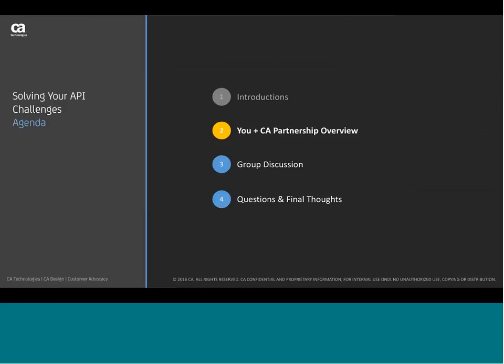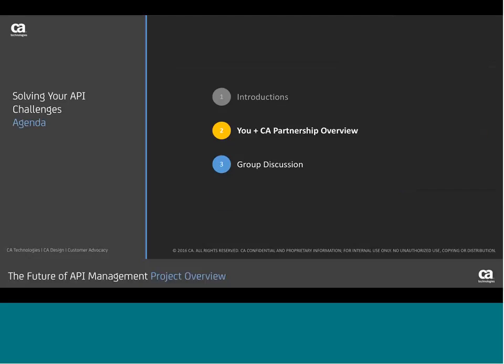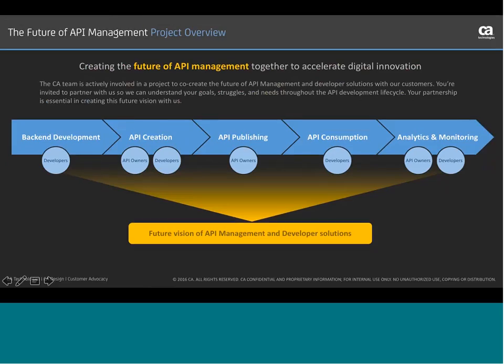We'll move on to the you and CA partnership. So right now, that team that I was just describing, we have a concerted focus on what we're calling envisioning the future of API management. And this slide is an overview of that project. We're actively focused on this area to understand you, how you're working, what your challenges are. We're focused on